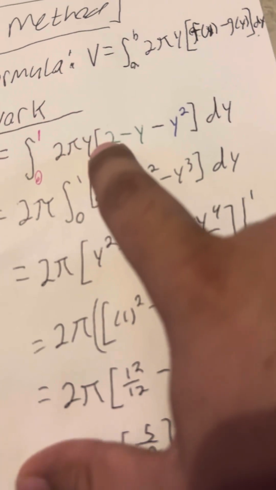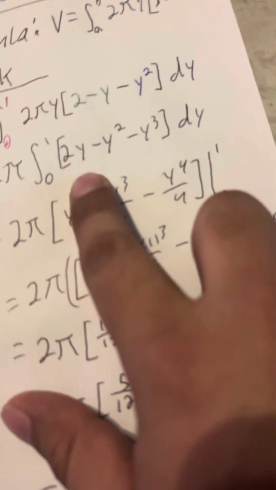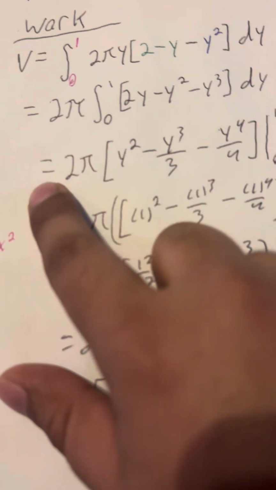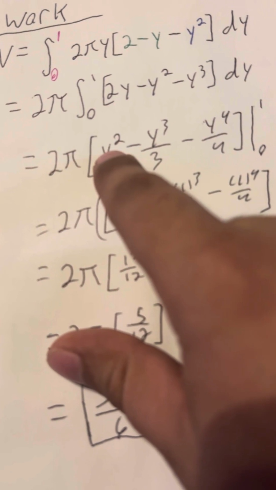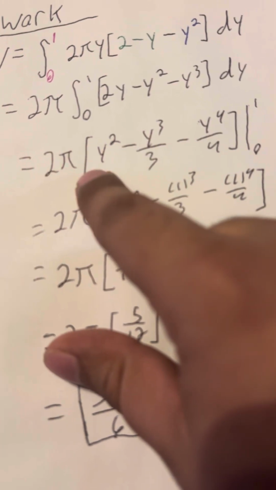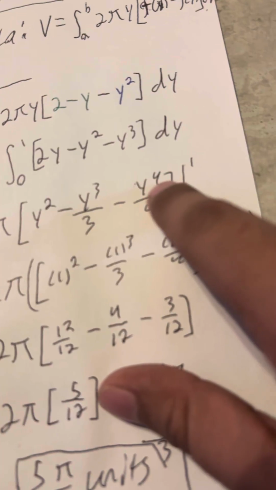So taking out my constants, I have 2 pi times my integral from 0 to 1 of 2y minus y squared minus y cubed, because I distributed my y to all of my terms. And then I have 2 pi, and then integrating this equation right here, I have basically 2y squared over 2, which turns to 1, minus y to the power of 2 plus 1 over 2 plus 1, so y cubed over 3, and then minus y to the power of 4 over 4